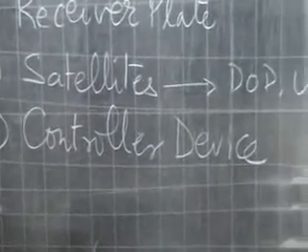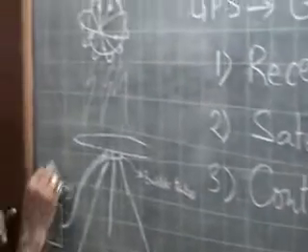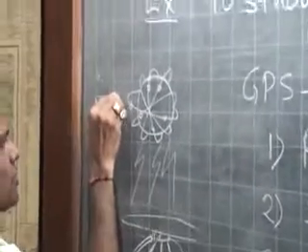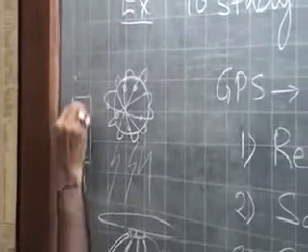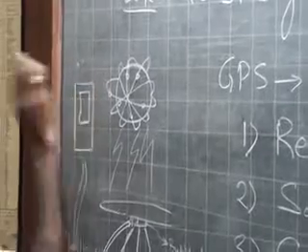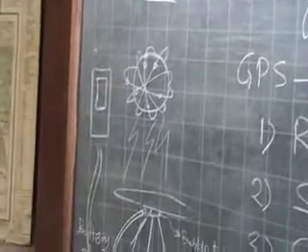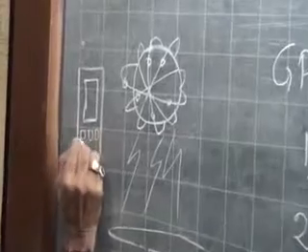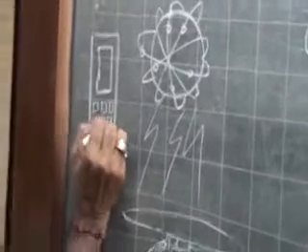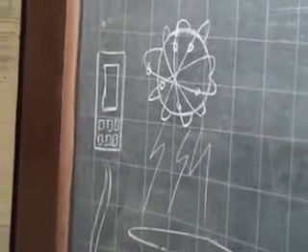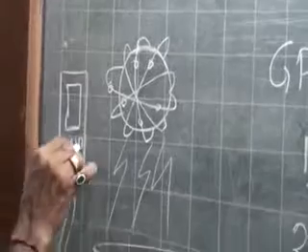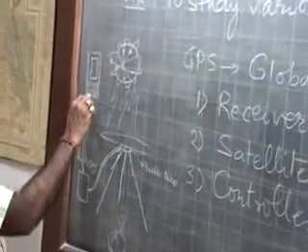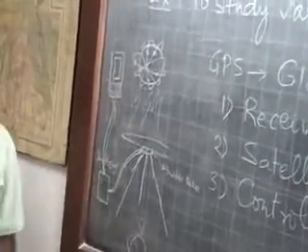From this battery there is another connection which goes to a device called the controller device. It looks like a mobile phone because it has a display and also buttons for its functions. So you have functional buttons here and you have the display device. This is also receiving power from the same battery system.